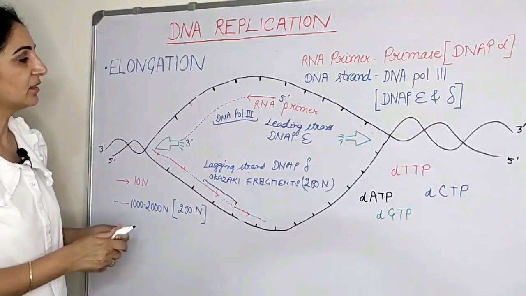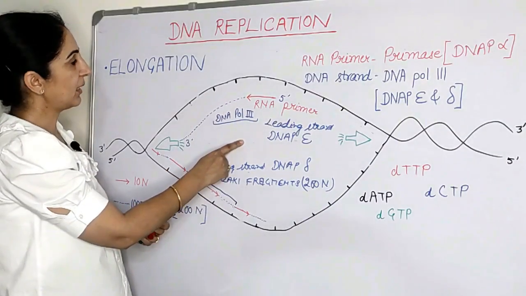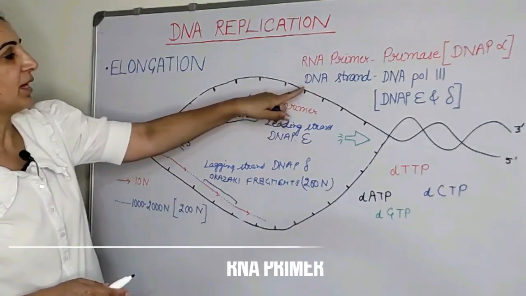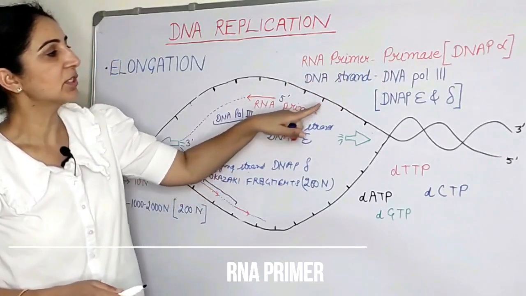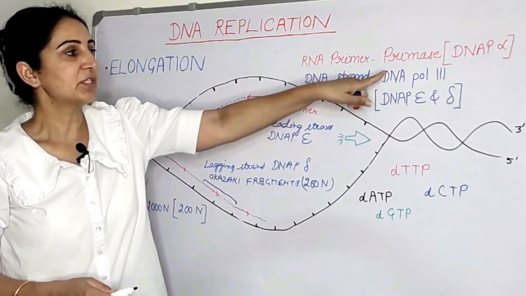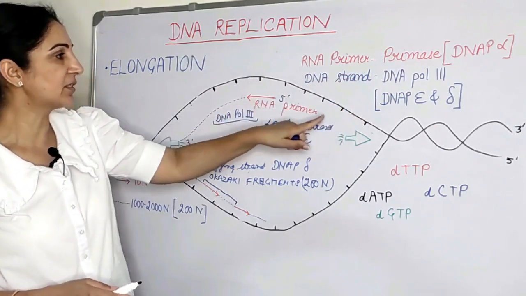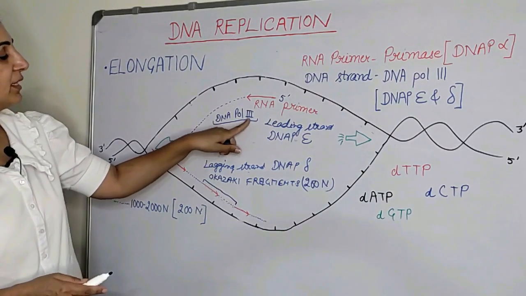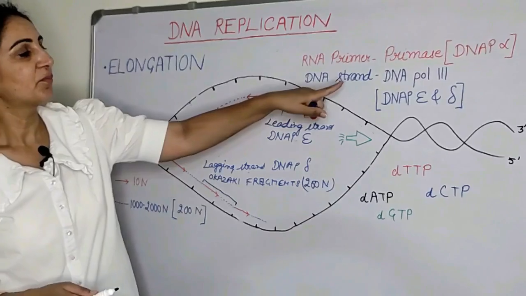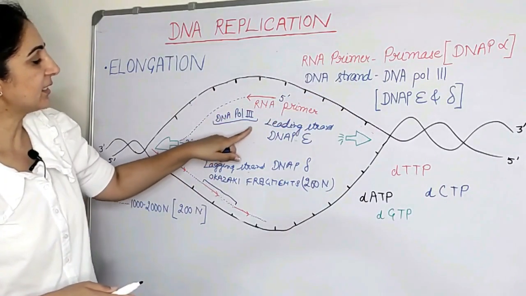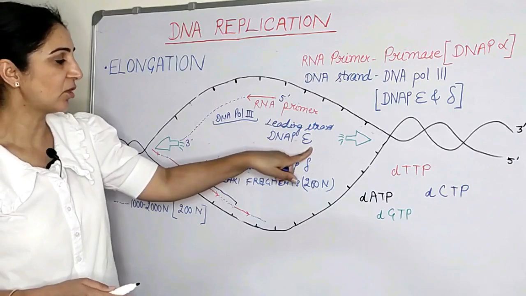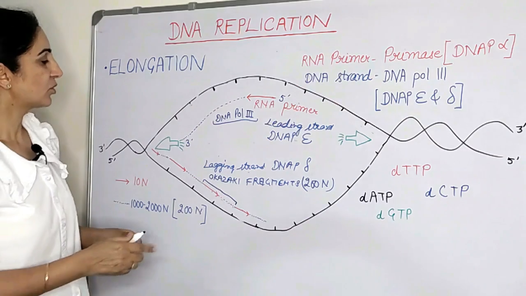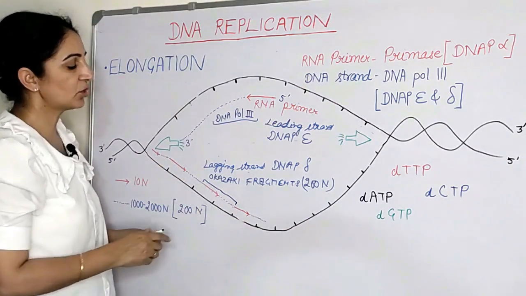So now we have seen that in the case of replication elongation, first there is a synthesis of a primer by the enzyme primase in the case of prokaryotes, and DNA polymerase alpha, which has primase as its subunit, in the case of eukaryotes. Then in the case of E. coli, DNA polymerase 3 comes, and in the case of eukaryotes, the leading strand is synthesized by DNA polymerase epsilon and the lagging strand is synthesized by DNA polymerase delta. So you form the two strands.